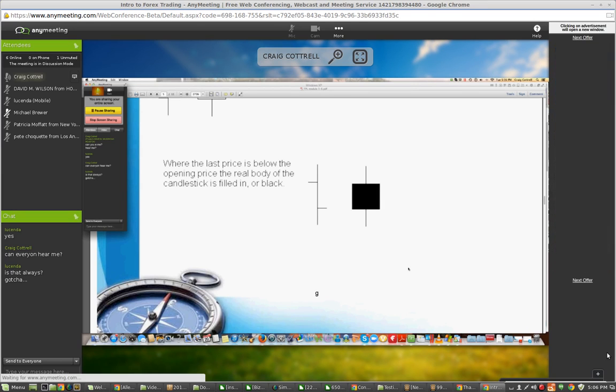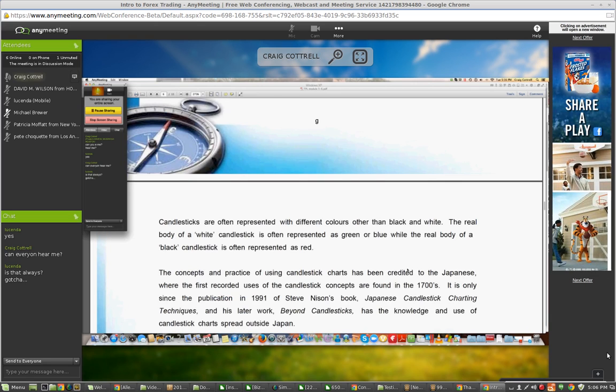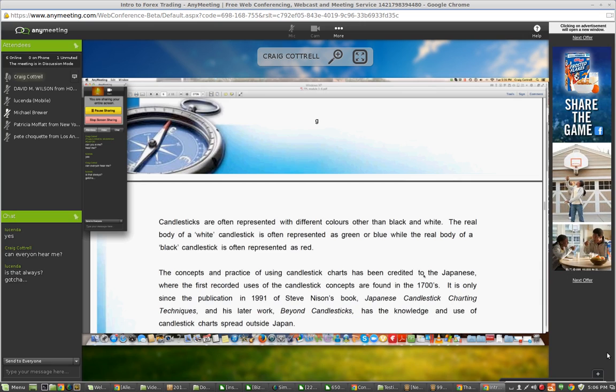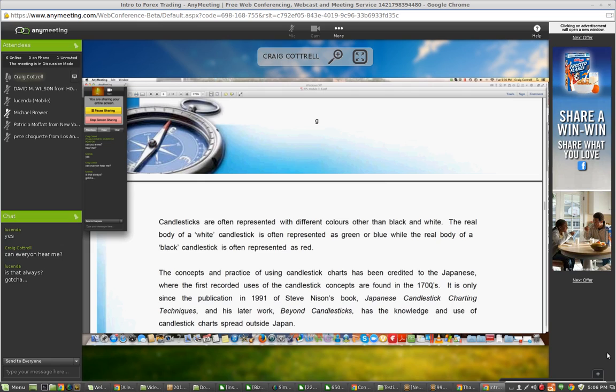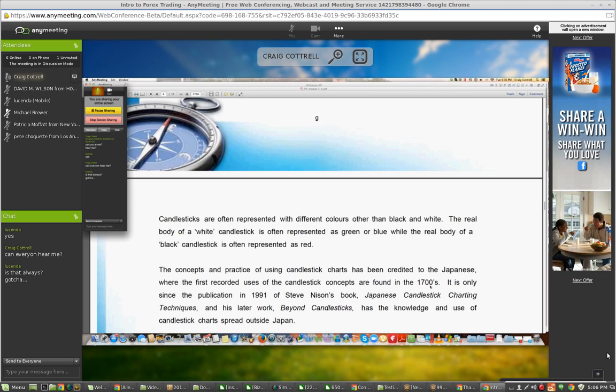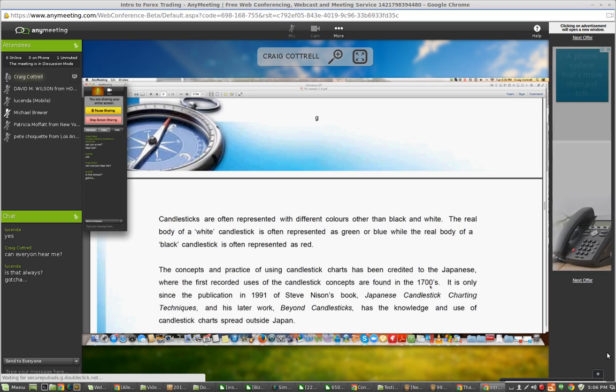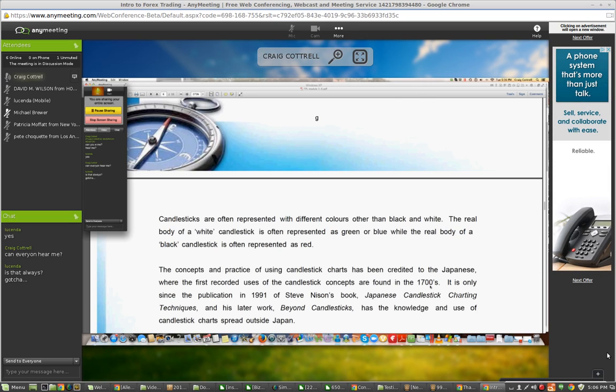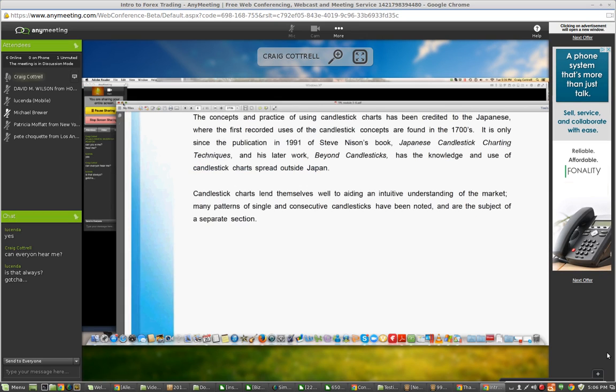In fact, there's a famous book, Steve Nison's Japanese Candlestick Charting Techniques, if you want to go deeper into it. So candlesticks are our preferred method of charting. And what we're talking about tonight, gang, is what's known as technical analysis, when you're reading the chart and making your trade calls based on the information that you see in the charts. All right. Now let's talk about some of the trading patterns, some of the candlestick formations you'll see